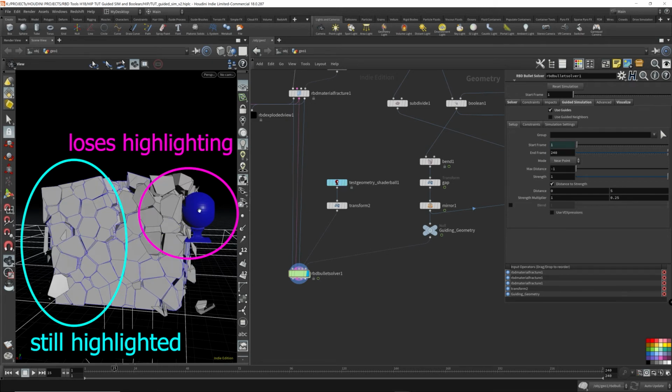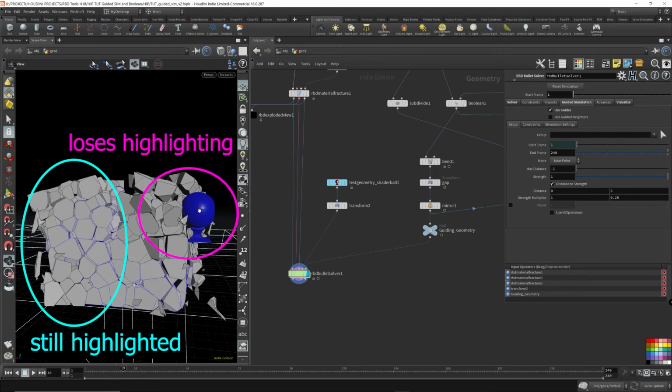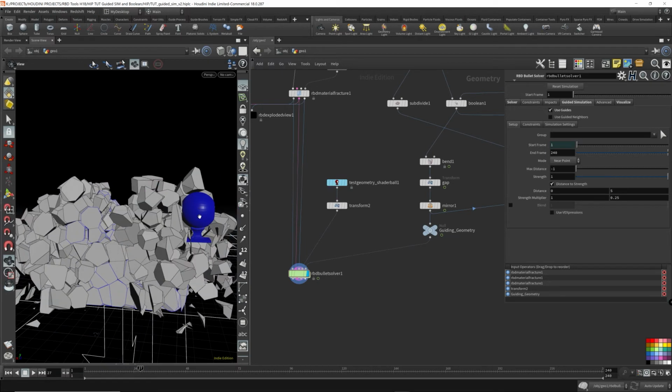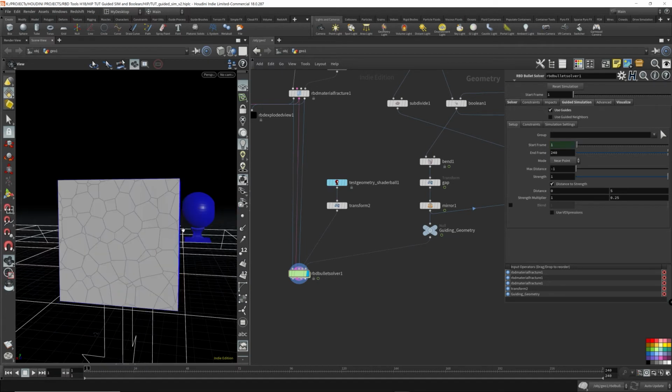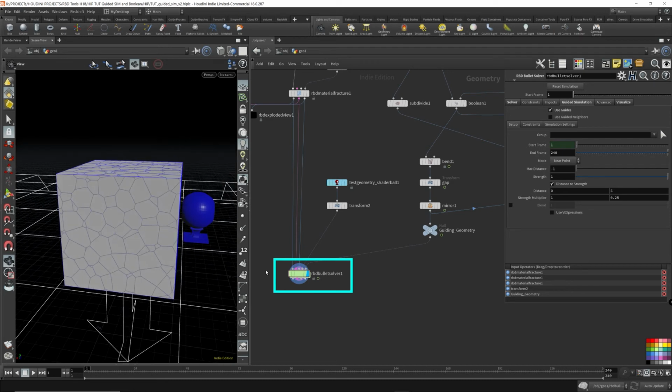So as we advance through the timeline, it all falls apart. To make this a little more apparent, we can turn up the strength. Let's make it 4, since we did 4 before, so we know what it looks like.